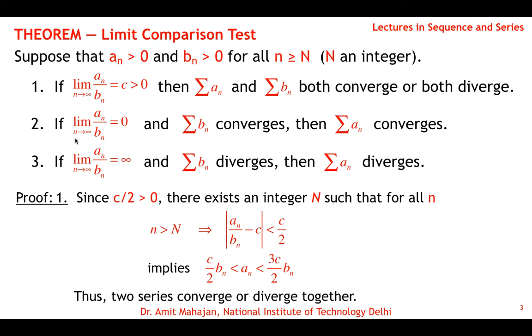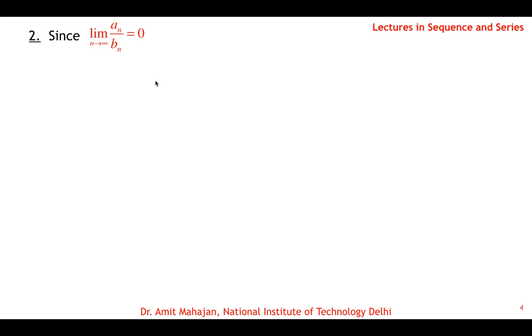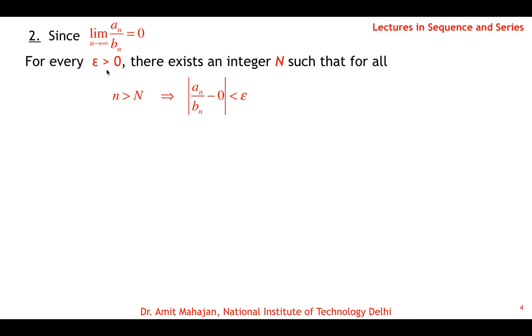For the second case, if the limit as n tends to infinity of an by bn is exactly 0, then again by definition for every positive epsilon there exists an integer N such that for all n greater than N, the modulus of an by bn minus 0 is less than epsilon. That means an is less than epsilon times bn. So we can just rewrite this, and it immediately gives us that if the series bn is convergent, then, since epsilon is any positive number,